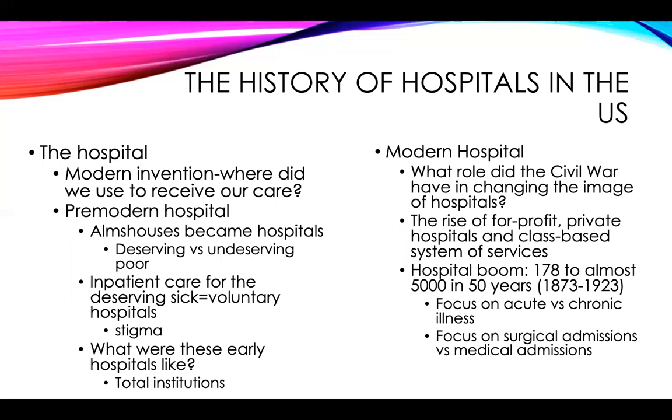Because when they were in an almshouse, if they got sick, because they did not have a personal home for doctors to come to, almshouses often set up medical hospital wings. But this is also why early public hospitals had this kind of stigma in the United States, because they were associated with poverty.